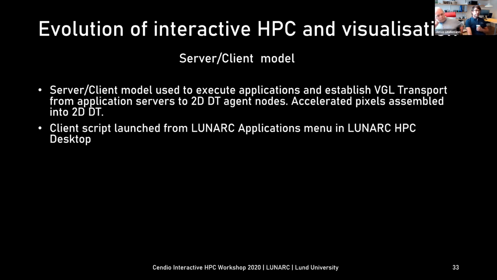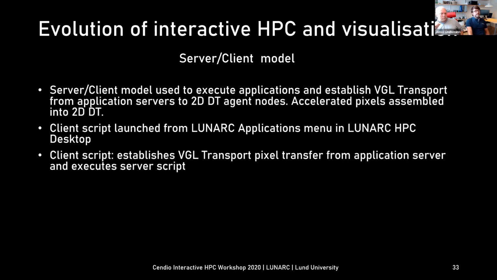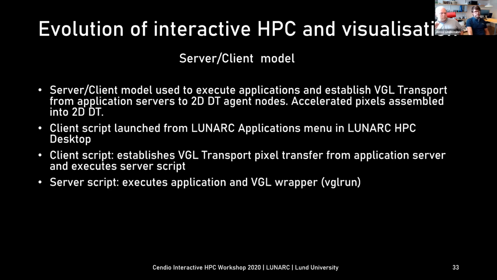The client scripts are launched from the custom-made applications menu in the ThinLinc desktop. And the client script establishes this VGL transport pixel transfer from the application server and also executes a server script. And the server script executes the actual application wrapped by VGL run.